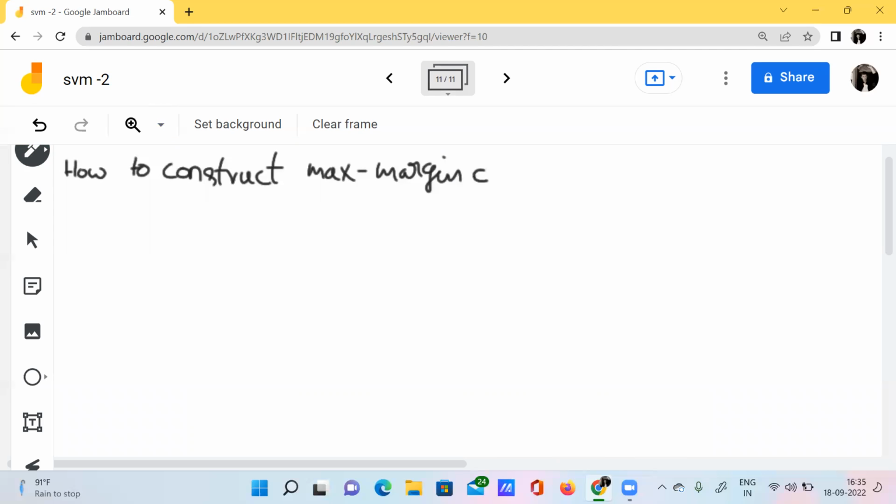Not hyperplane actually, it's a classifier. How to construct a maximal margin classifier.